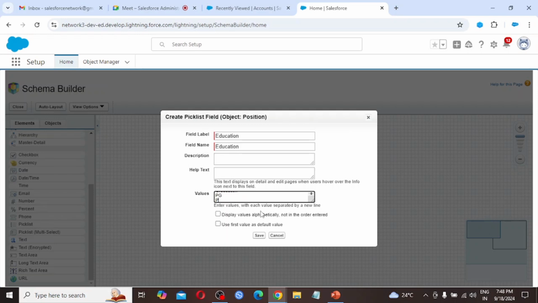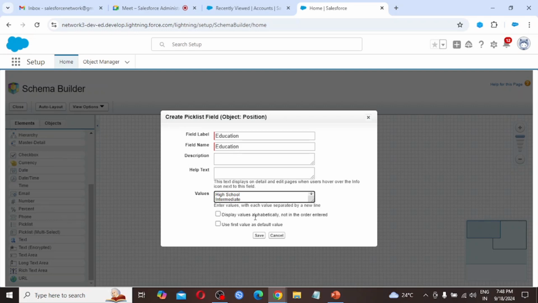Also I am going to take PhD. Again it is suggesting enter values with each value separated by a new line. So we had taken with new line.